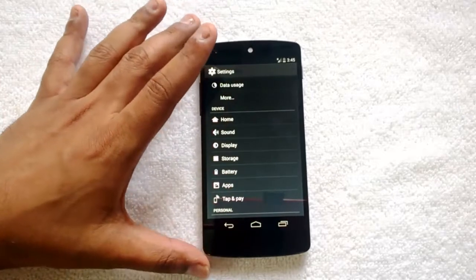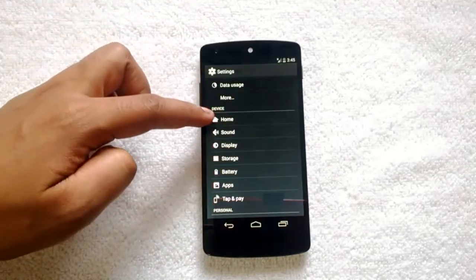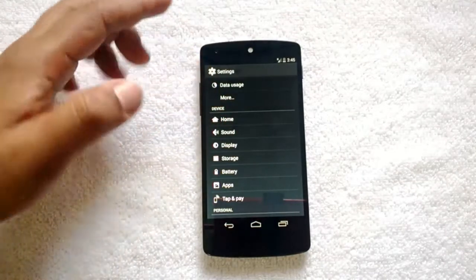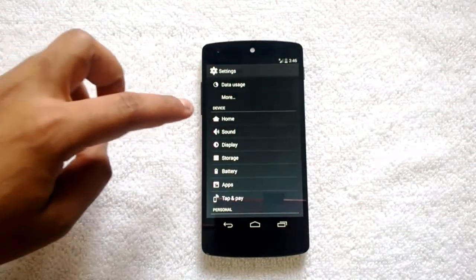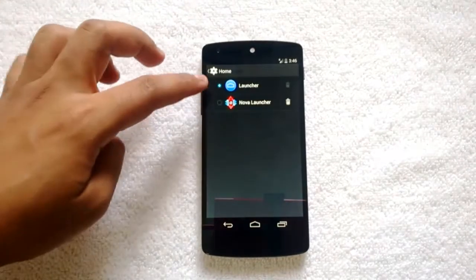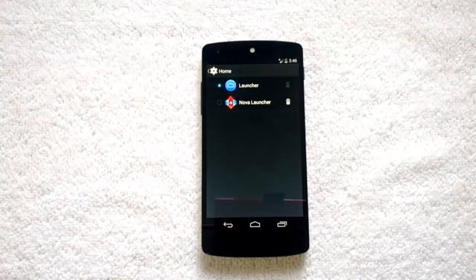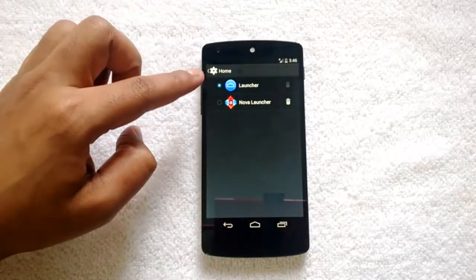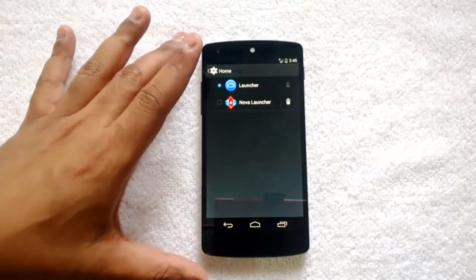Another important change is that under devices, there's a new option called home. This option is available only if you have multiple launchers installed on your device. What it does is let you select the default launcher from here. Google knows that there are quite a lot of launcher apps available for Android, so they have added a new home option wherein you can select the default launcher for your phone.